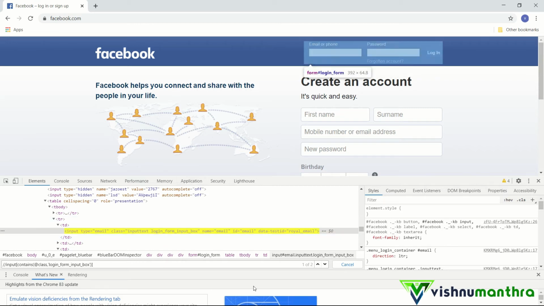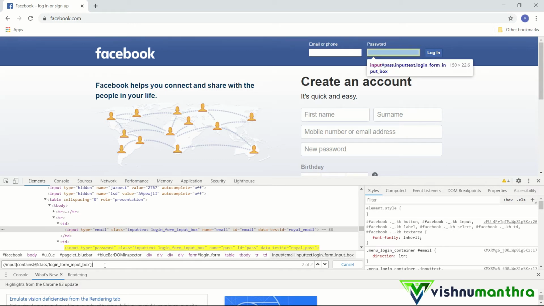But see, there are two elements with the same attribute. When we give it partially, two are there, so it won't work. But there is something which comes in handy here, which is indexing. If I put a bracket around this entire XPath, I can mention in a bracket the index number.